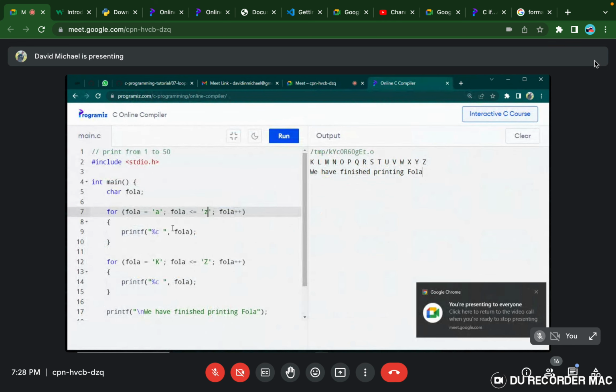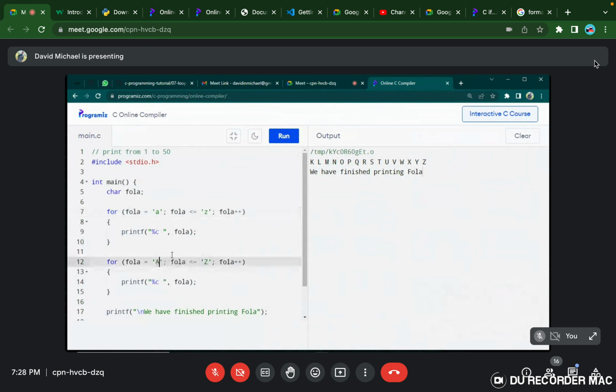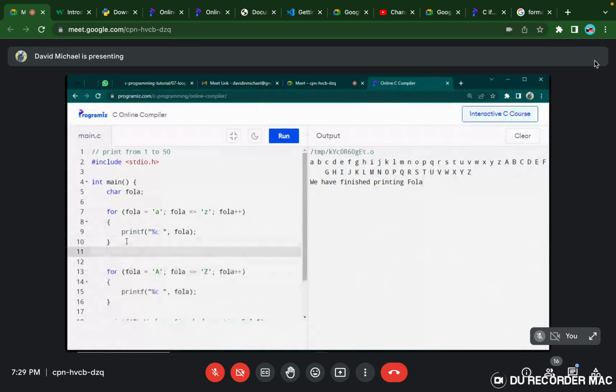So here our task was to print A to Z in lowercase and then in uppercase. So it's just like having two for statements that's going to do that. But let me show you something. If I should run this loop here, what is going to happen? We'll just have A to Z and then it starts again. So what we could do is in the middle of the both of them,